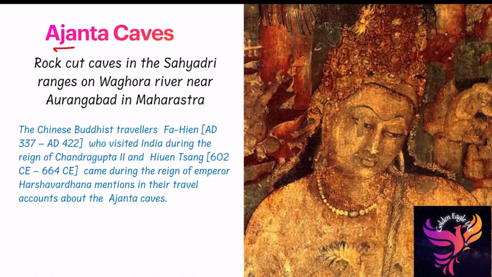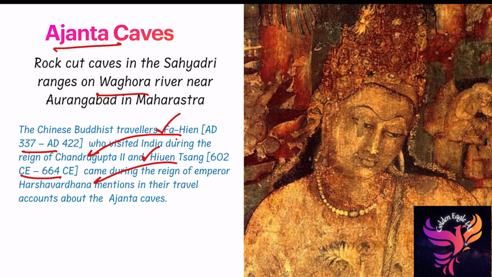Ajanta caves, which are located in the Sahyadri ranges of southern India, especially the Western Ghats, on the Bagra river near Aurangabad in Maharashtra. One more fact you have to remember: the vivid account of how these paintings or caves came to everyone was given by Fahian and Huan Swang. Fahian visited during the reign of Chandragupta II, so remember the Gupta dynasty. Huan Swang visited during Harshavardhana's time. Preliminary questions can be asked based on this time period, on foreign travelers related to particular kings.